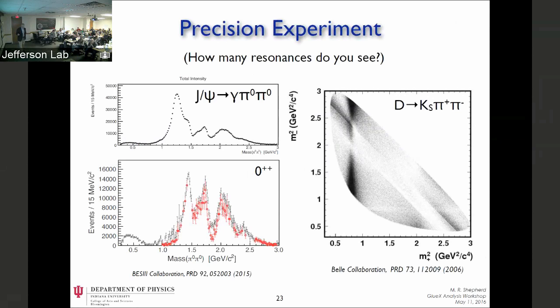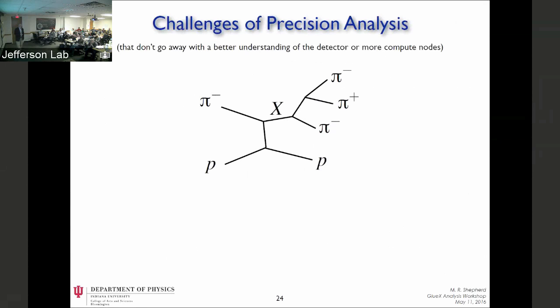And these are hard problems, and when you start having large data sets like GlueX has, it exposes these types of problems, and you have to understand physics at a level where you can sort of deal with these things. So things like GlueX, the challenges of precision analyses. I have a pion here where we could put a photon there also. It doesn't matter. These are the types of things you want to do.